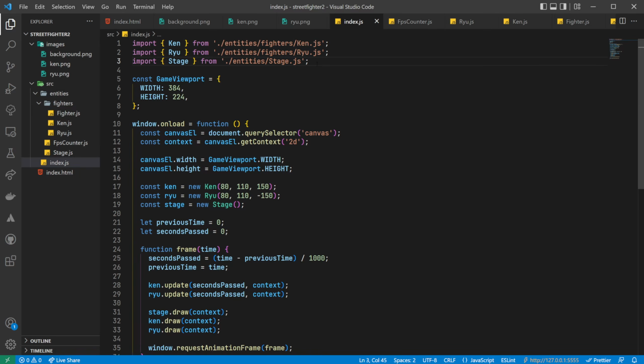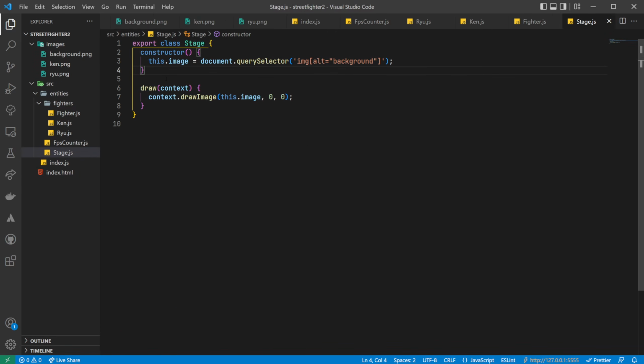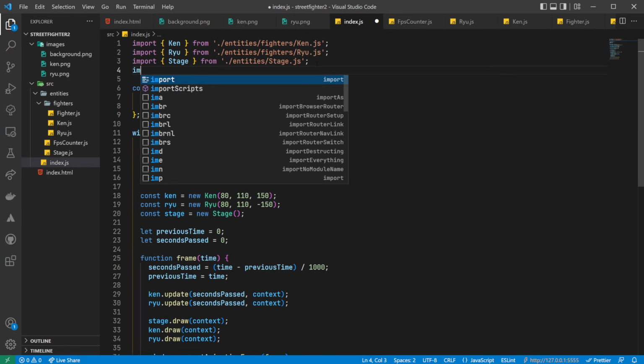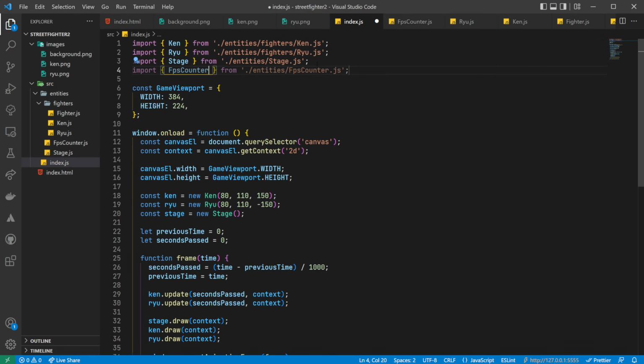And that is with the stage class. At the time, we purposely didn't add an update function, for this not to cause an undefined error. Let's go ahead and add a stub update function for now, as we'll definitely be using this in the future. Back in our index file, we'll first import our new FPS counter,